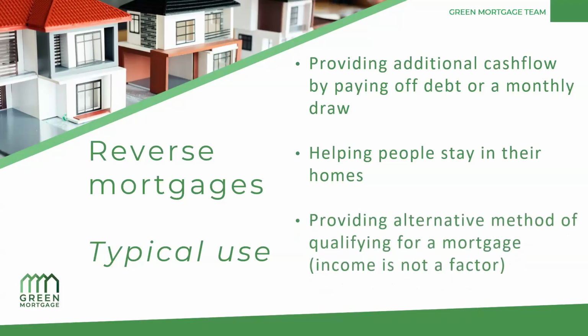And then it's also a very unique product where it provides an alternative method for qualifying for a mortgage, because for the most part, the income is not a factor. The lender still wants to see that you have enough income to service any other debts that you have, but generally the reverse mortgage is paying off your mortgage, which is your biggest debt. And we usually try to wrap up any other unsecured debts that you may have, clearing all of those off, and then having no payment on it. So usually, just your simple pension income is enough to service your property taxes and strata fees if you have strata. So it's providing an alternative option to provide financing for individuals in this case,